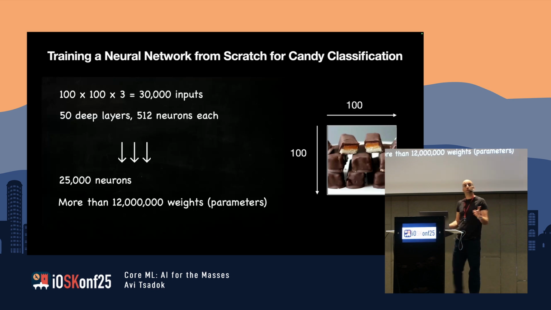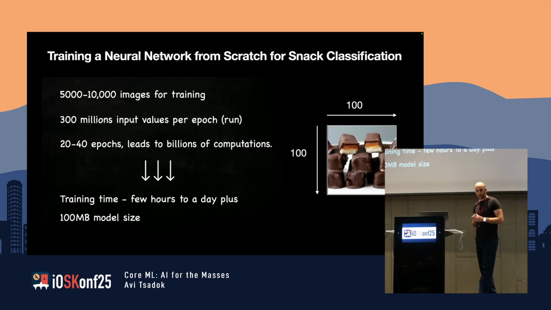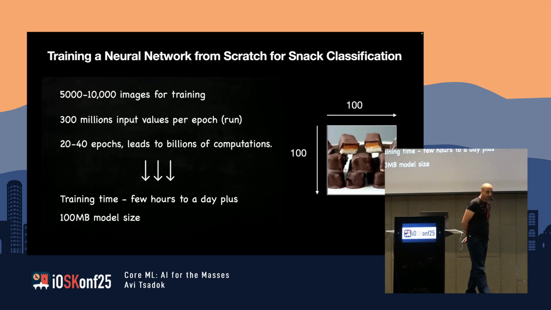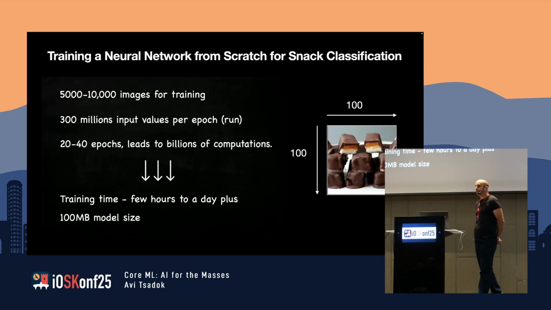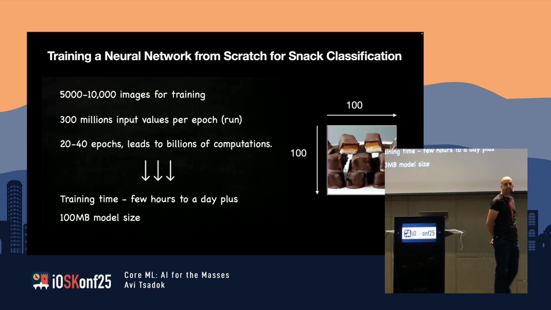That's crazy, and that's only for a 100 by 100 image. It's a lot of calculations. If we want to train that, well, we need something like 10K images for the training and 3 million input values. It takes a few hours to 1 day to train such a network,